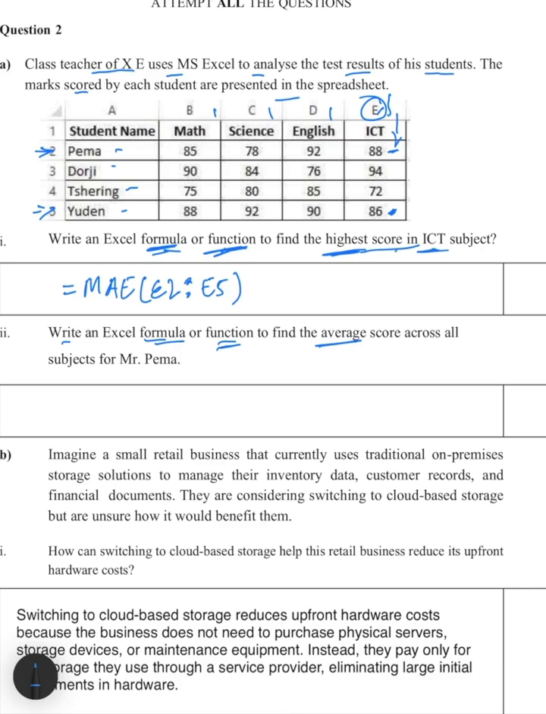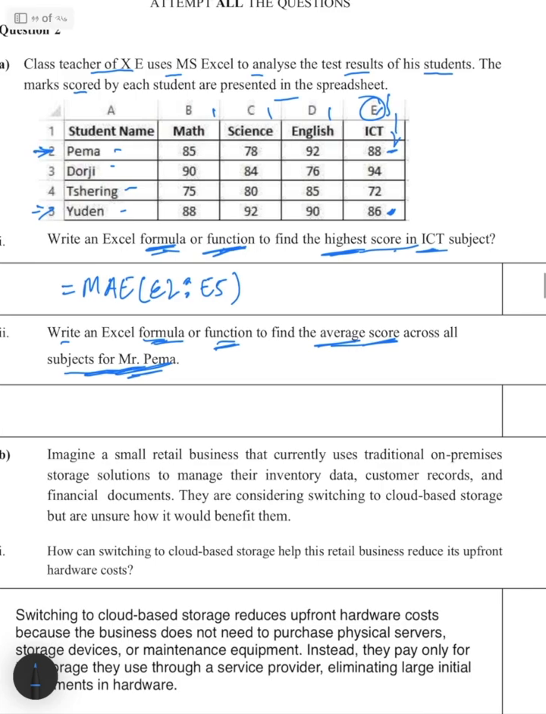So I'll show you how to use formula first, then function second, across the subjects of PEMA. So here we have to find the average score of all the subjects of PEMA. So where is PEMA? PEMA is in row 2. So row 2. So first thing is I'll show the formula. The formula goes like this. Equals to, so here it's same as how you calculate math. So first is B2